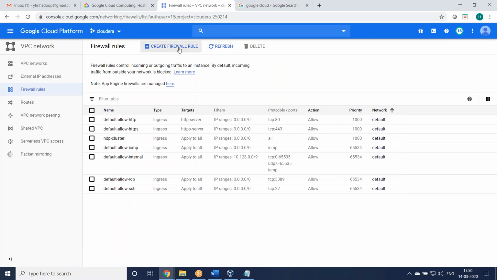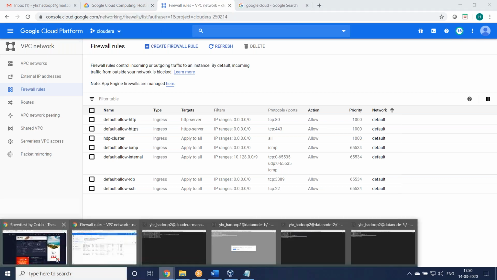You see, you need to create a firewall. So what does it mean? Whatever incoming and outgoing IP addresses are in your network, it should allow. So you see Cloudera, I think I removed that one. If we try to access the web page, it will not allow. If it is not allowed, we have to create a firewall rule. First, we'll try to access the network. Then if it is not allowing, we'll create one.